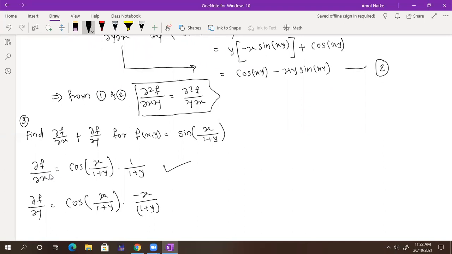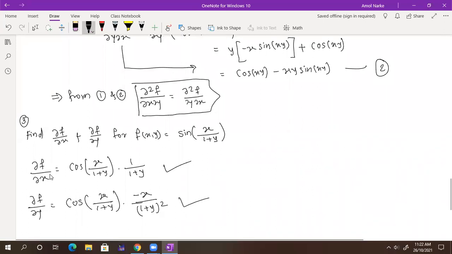Correct. So the minus one I will give to the x sine. Got it everyone? Because here we are differentiating with respect to y, so x becomes constant and I can take it outside. So what remains is only 1 upon 1 plus y. What is the derivative of 1 upon 1 plus y with respect to y? Minus 1 upon 1 plus y whole square, and that x is multiplied. So you are getting this. I hope everyone understands now how we are doing this.